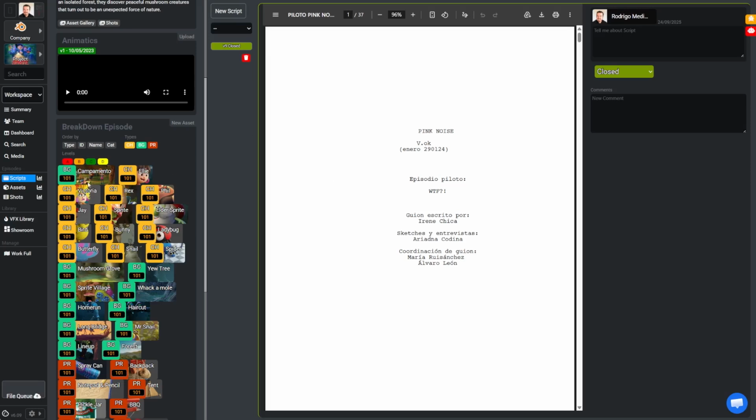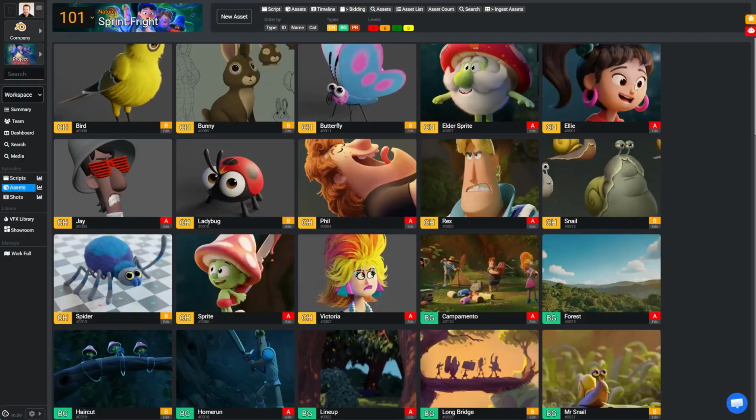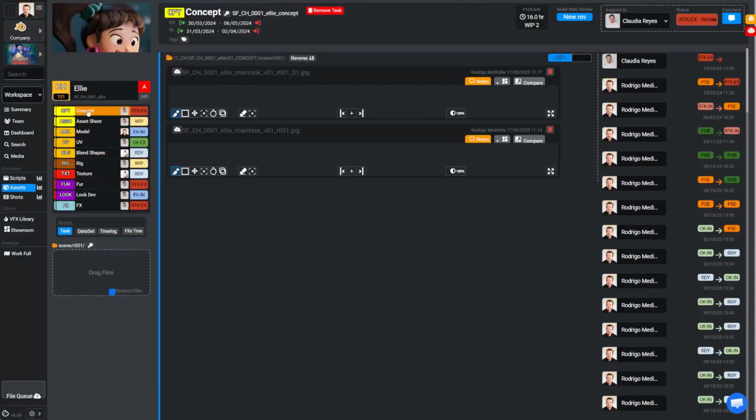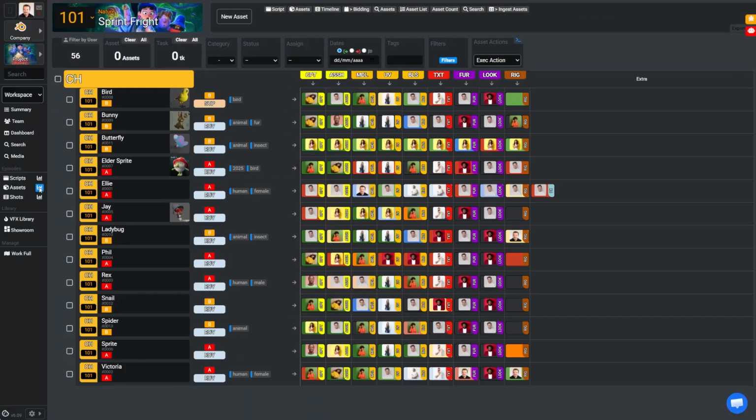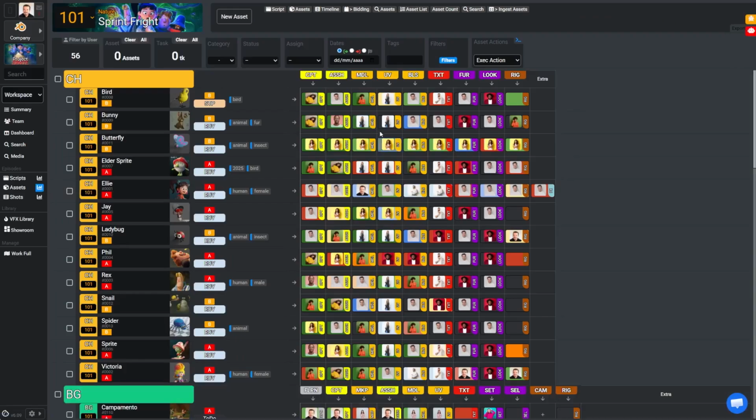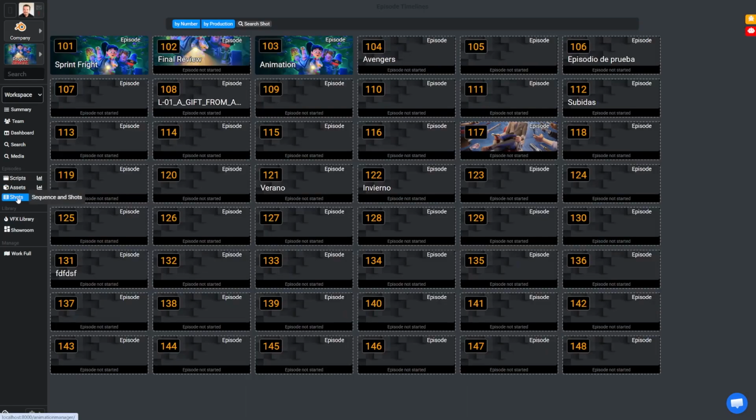Once the script phase begins to be approved, or once these assets have been approved for production, we have asset management tools available. At this point, concept tasks begin to appear in order to adapt and refine the assets, allowing pre-production teams to start operating and generating their artistic work, while producers and production coordinators can begin monitoring and managing the tasks associated with these assets. There are parent asset tools that allow us to perform breakdowns of these scripts when managing shots.